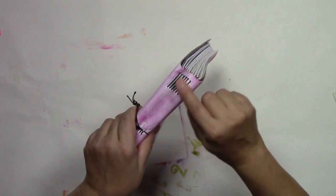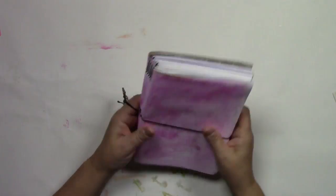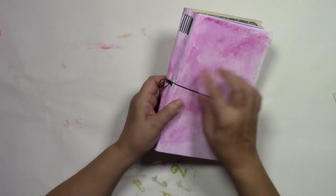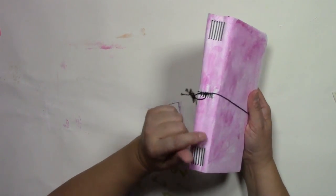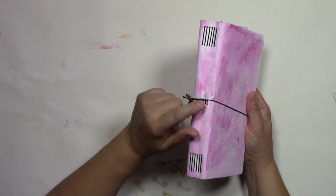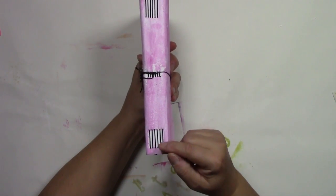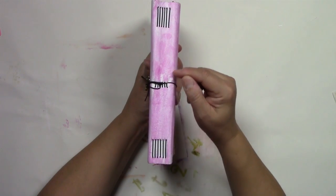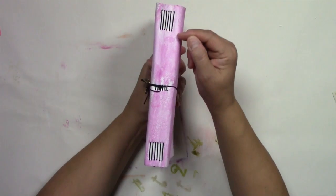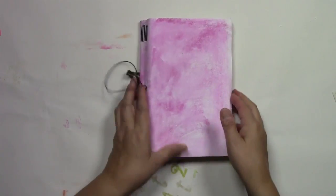So I use many elastics so I can remove and replace the booklets. Now this one here, I added a charm to it. So the elastic that goes around, I also with the other holes, instead of just making the one hole here, I made many holes across just for decoration. So the elastic went around, underneath, around underneath, around underneath, instead of going around underneath all the way down, up and around. So with this one here on the inside,